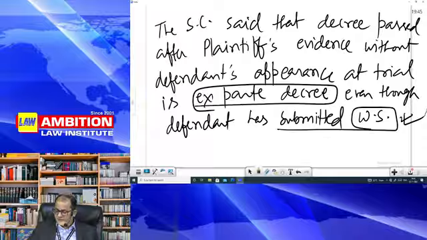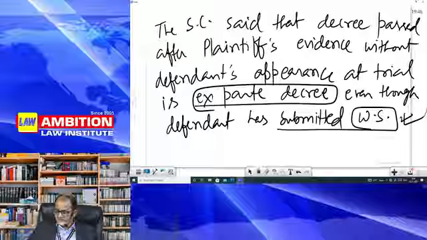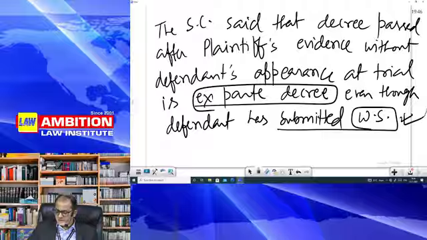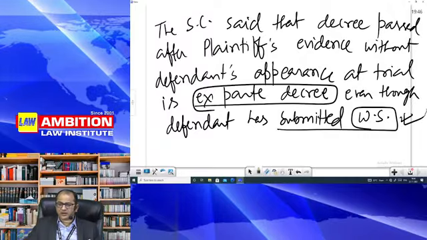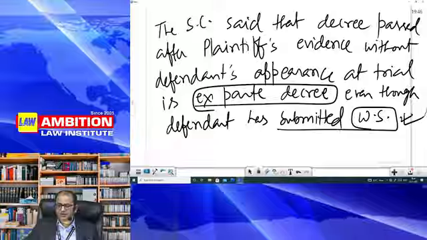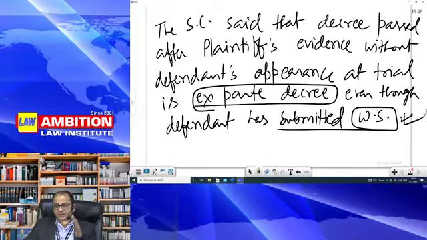Bharti asks: Order 9 Rule 13 and Order 17 mean an ex parte decree can be issued against the plaintiff too, on any hearing, if evidence is not produced. No, Order 9 Rule 13 talks about an ex parte decree. We said that in an ex parte decree, it is about presence and absence. The question is, if the party has not given evidence, is he considered present? So I said Order 9 Rule 13 says he is considered not present. So in that regard, Order 17 Rule 2 explanation says that if he has given substantial evidence or whole evidence